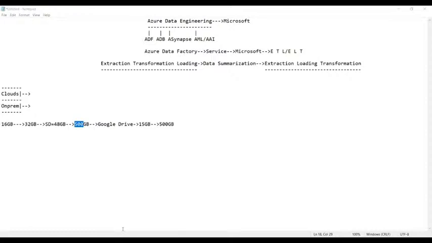Tell me now, can you recover it? Can you recover the 16 GB of memory? No, we cannot. Can you recover this 32 GB of memory? No. Can you recover this 500 GB of memory? Yes. In fact, whenever you store the data in Google Drive,